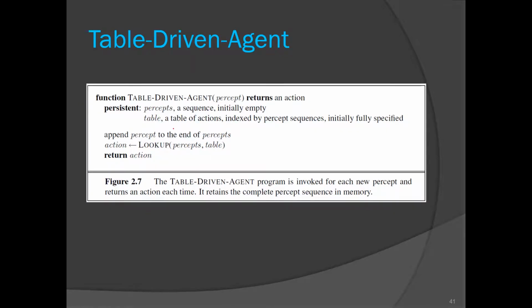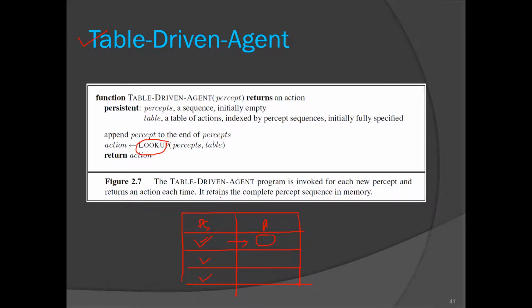Before seeing the actual types, let us discuss one trivial and simple agent known as the table driven agent. What do we have in a table driven agent? This agent maintains a table where we have entries for the perceived sequence and the corresponding action. We have seen such a table in the case of the vacuum cleaner world. All the possible perceived sequences will be listed with a corresponding action, and we will use the lookup function to get the corresponding action for the given perceived sequence.